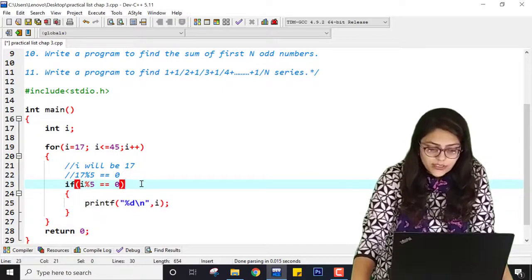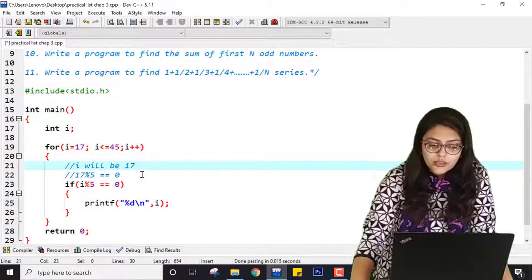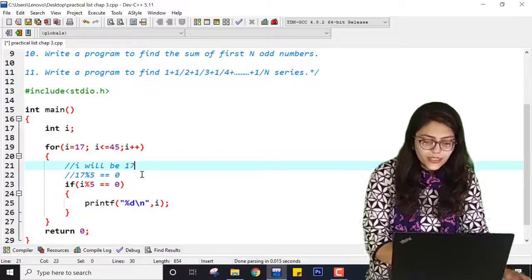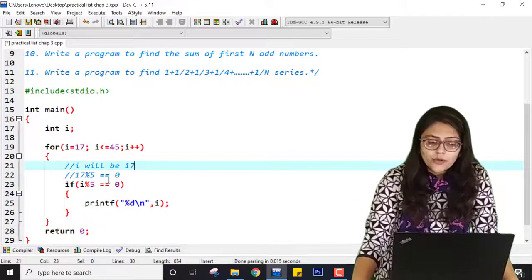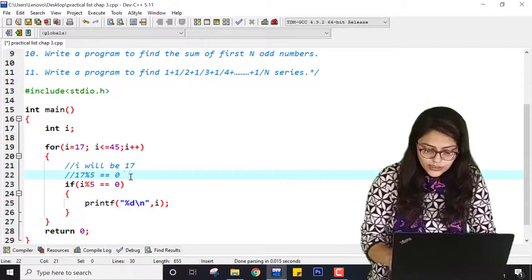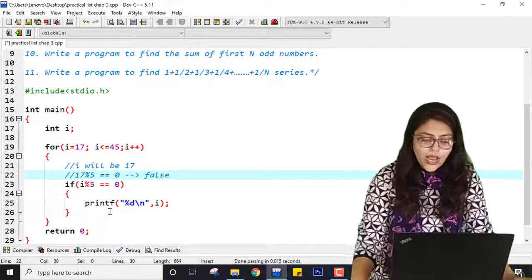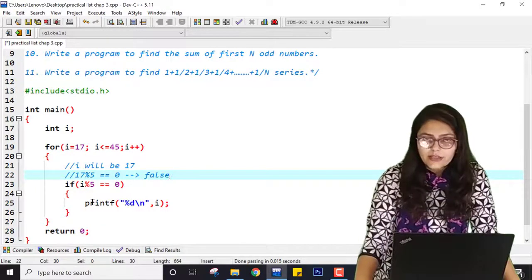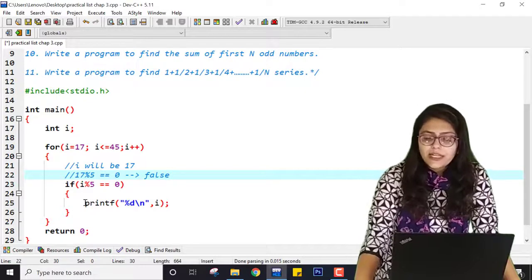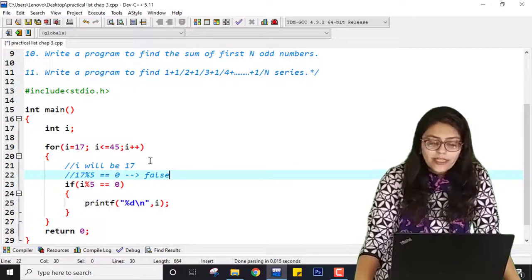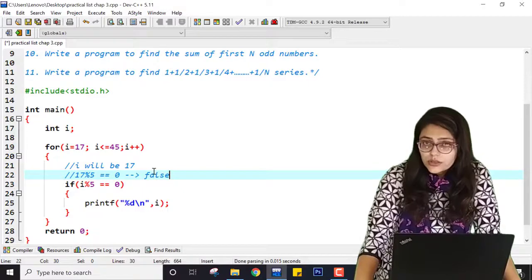If it is not divisible by 5, this condition is false. Suppose for 17, is 17 modulo 5 equal to 0? No, so this condition is false. As it is false, it cannot go inside this conditional statement block and printf cannot be executed. For 18 also it will be false. For 19 also it will be false.